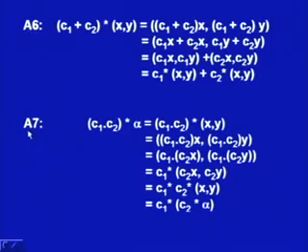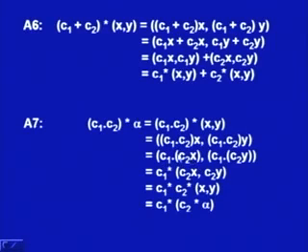Then next is A7, which is the associative property. So it is (C1 · C2) star alpha, where alpha is (x, y). So we say (C1 · C2) multiplied by x, comma, (C1 · C2) multiplied by y. So this is the vector, and then we again apply the associative property for real numbers, and it is C1